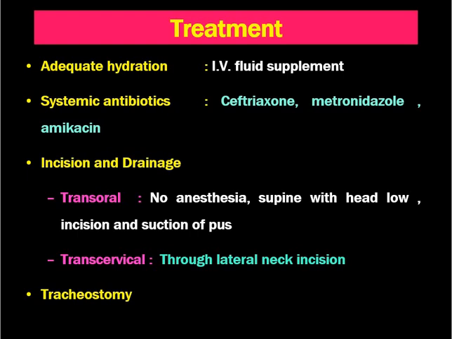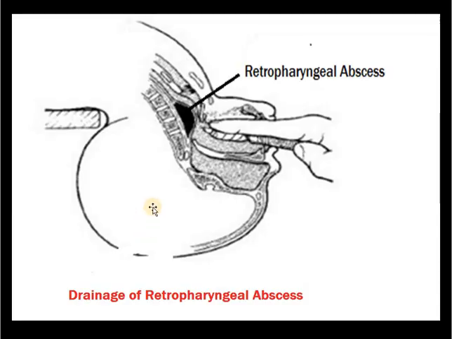If it is tubercular lymphadenitis, we should avoid the neck incision if possible. If the patient has respiratory distress or if intubation cannot be performed, then tracheostomy is to be performed. But if possible, even general anesthesia with intubation is to be avoided because there may be aspiration of pus when the abscess ruptures during the intubation process. This is the picture depicting drainage of the retropharyngeal space abscess. The head lies below the table. This is the edge of the table. The head lies here, and the incision is given here, and the pus is removed so that there is less chance of